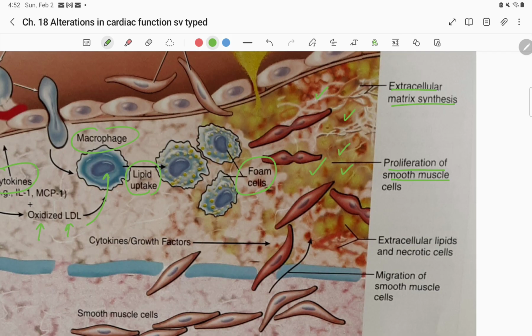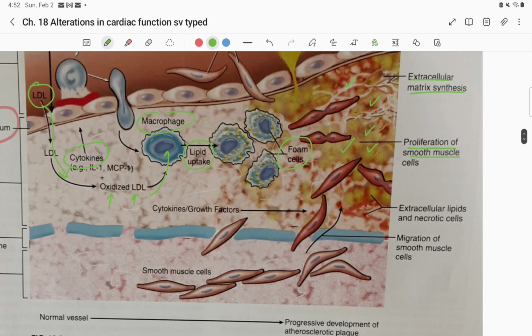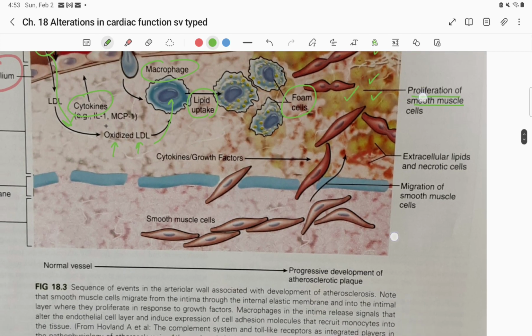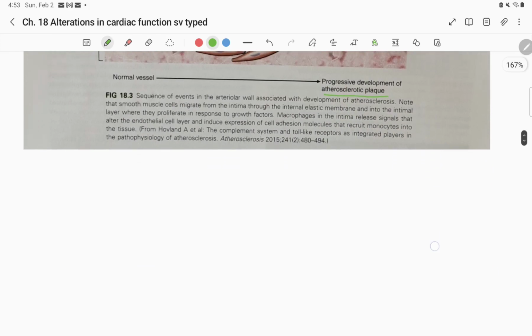We get proliferation of smooth muscle. The foam cells keep depositing their plaque. And that's it, because it's supposed to be a patch job, right? We've got injury, we're trying to patch it, but the problem is it doesn't stop. Why does this not stop? Well, because the person continues to hurt themselves through what they're eating, their diet and lifestyle, nutritional deficiencies, and this process continues until you get this atherosclerosis and this plaque buildup, and then it gets to the point where it is,